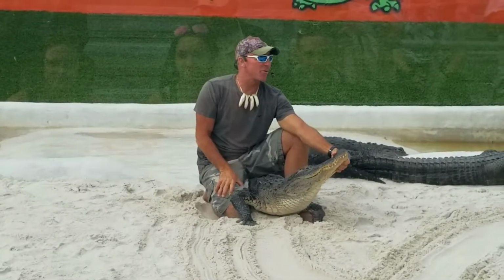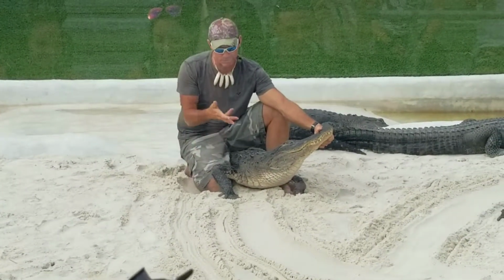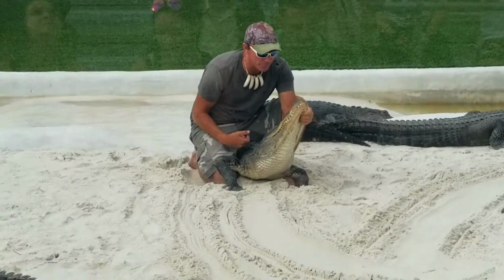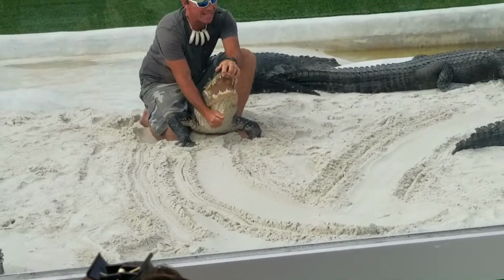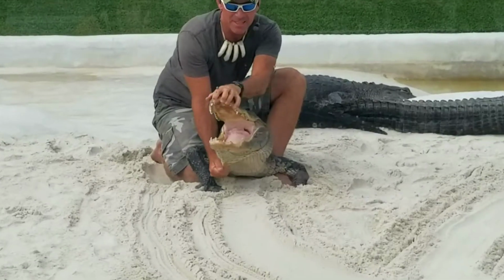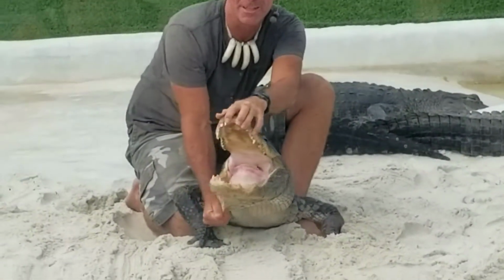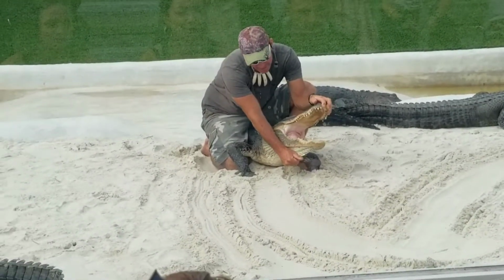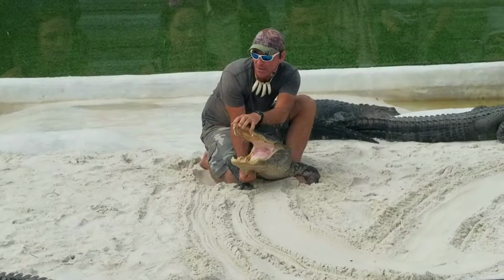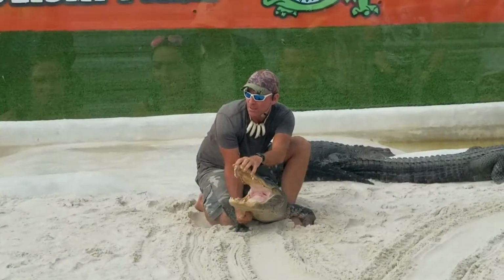Now, what separates alligator wrestling from alligator capturing, of course, dangerous stunts, doing a couple of foolish things like we'll do right now. First trick is called the Florida Smile. Gonna open the alligator's mouth, showing all 80 teeth. He's got 40 teeth on top and 40 teeth in the bottom. Yeah, it smells so good just like that. If you look at the back of his throat, it appears he has little to no throat opening. He has an oversized palatal valve or glottis, which allows him to go underwater, capture